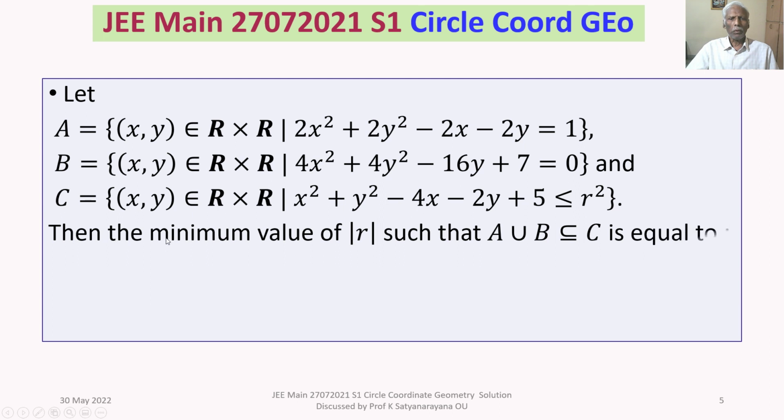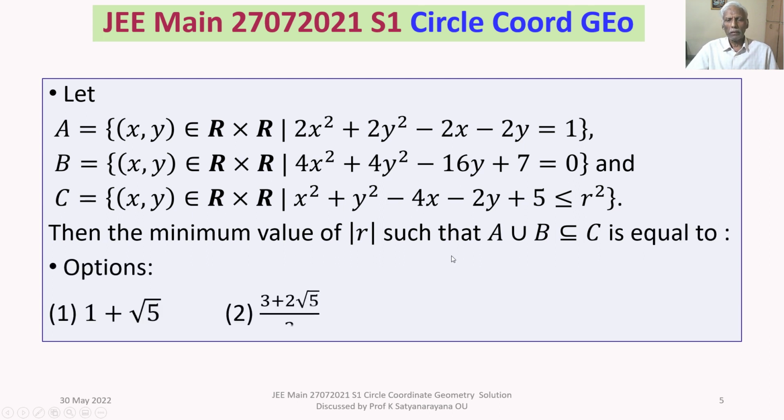Then the minimum value of |R| such that A union B is contained in C is equal to,